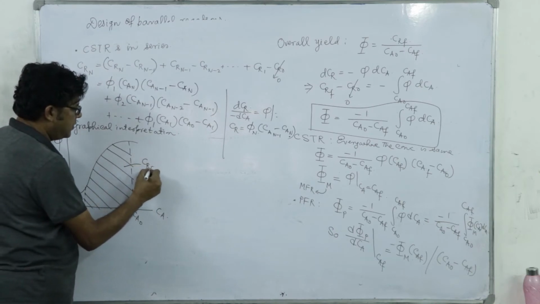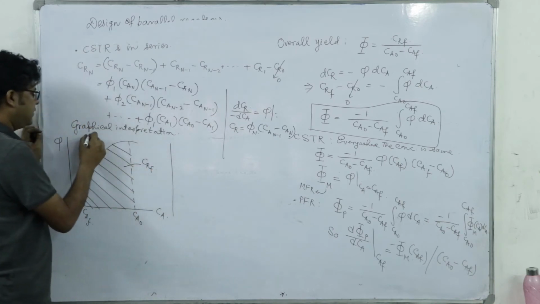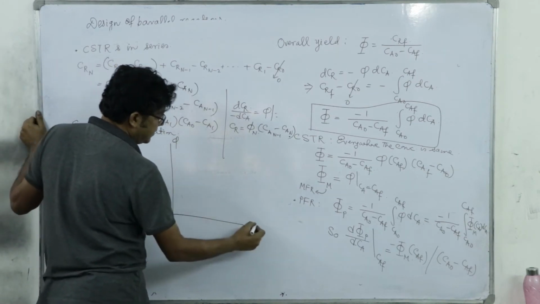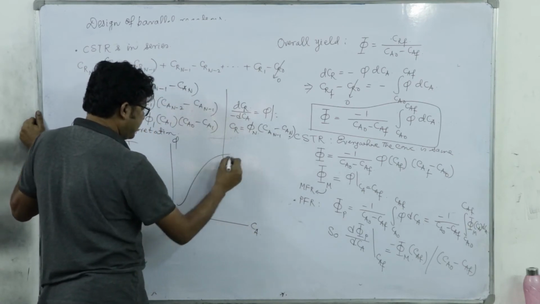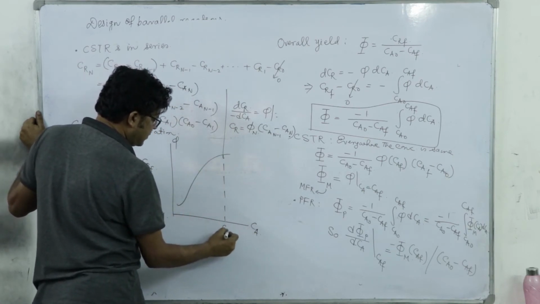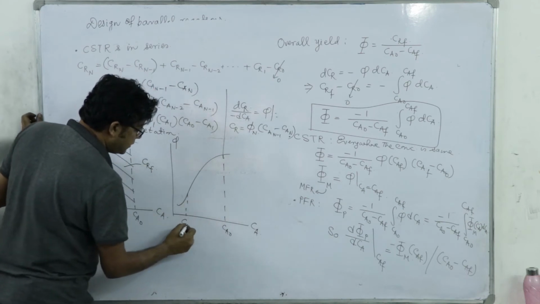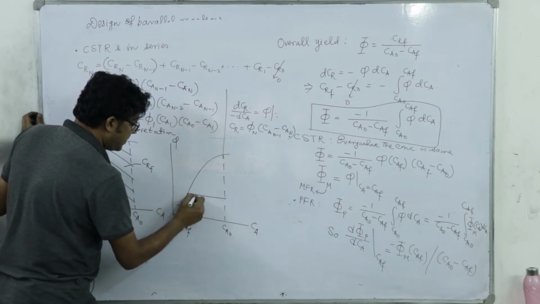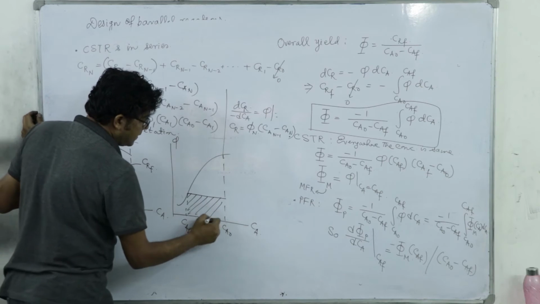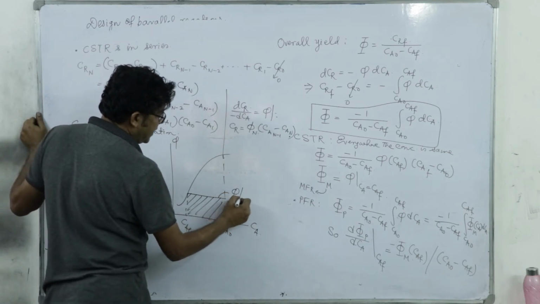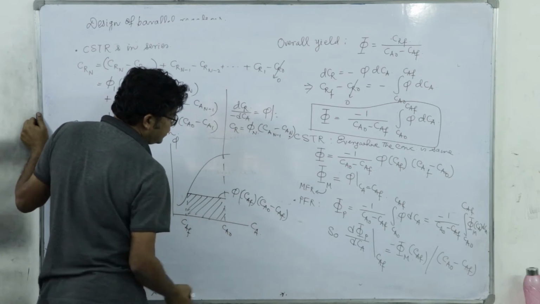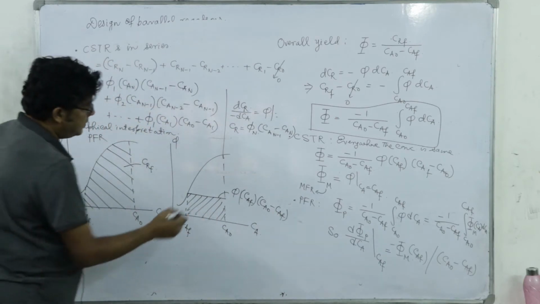So this is equal to CRF. This is for PFR. Now for MFR, phi, this is CA, this is CA naught, this is CAF. Now this area is equal to phi at CAF into CA naught minus CAF, which is the CRF for